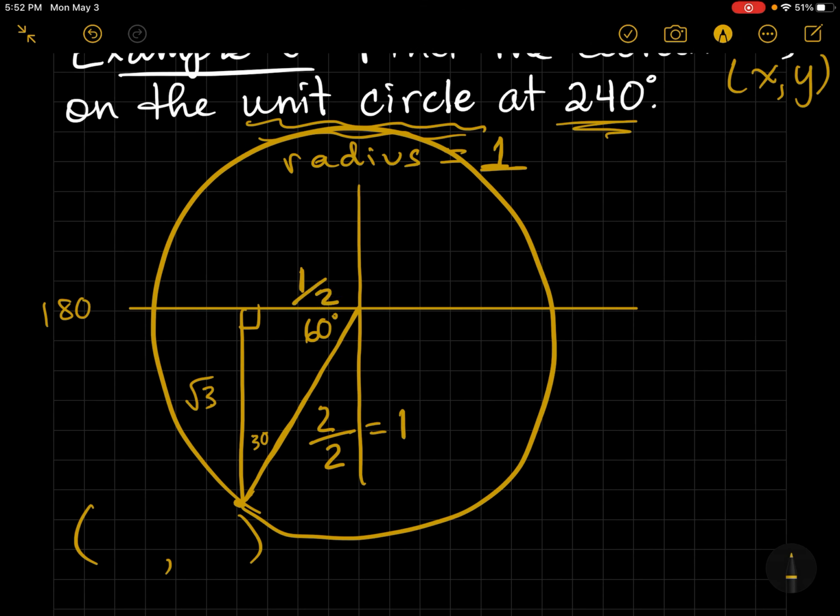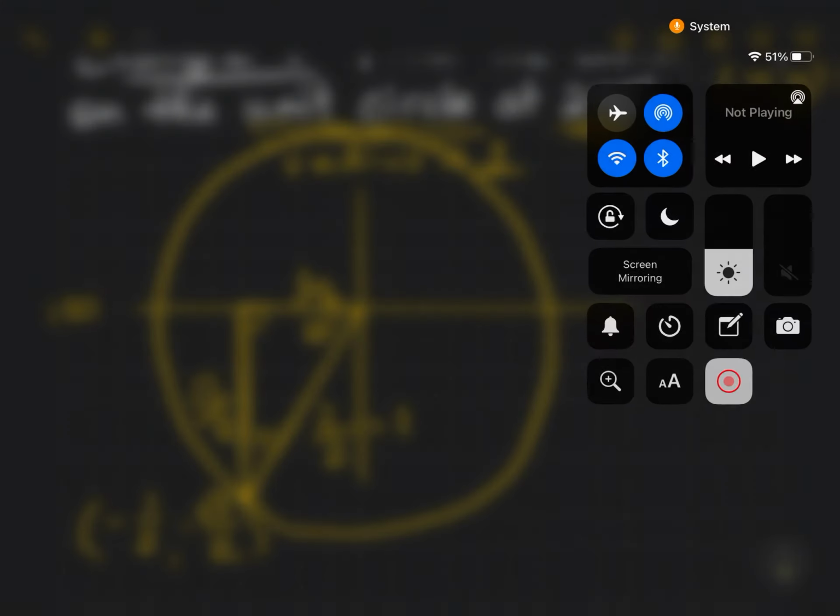But if you divide one side by 2, you've got to divide all the sides by 2. So now the coordinate of this point is back 1/2, which makes it negative, and down radical 3 over 2. In the next lesson, we're going to see why